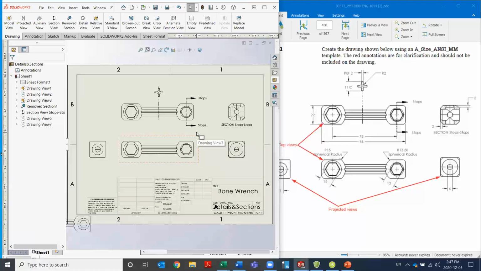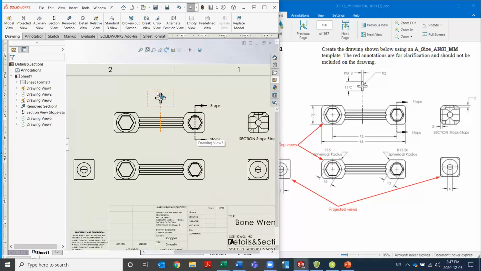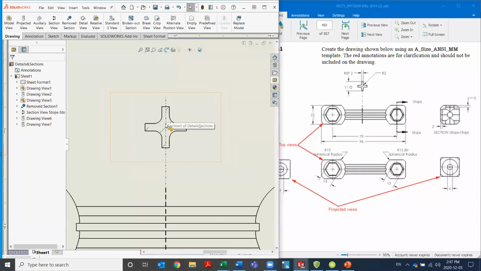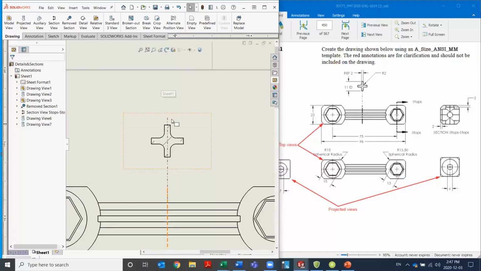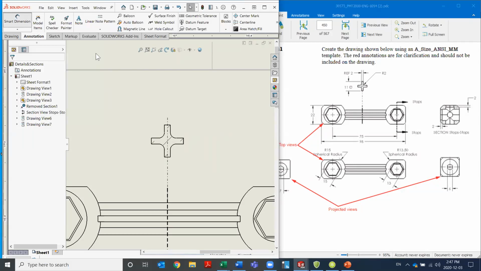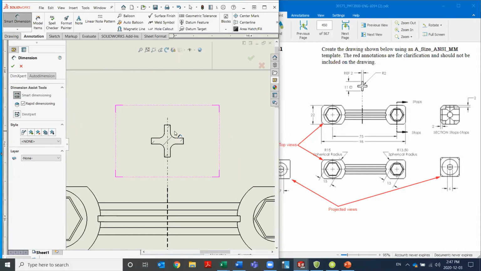What I'm going to do now is add in those dimensions. And I'll focus in on kind of one area at a time for these just to make my life a little easier. The further you zoom out, some of these close lines will get really close together. Actually, in the drawing, you can see that how they look like one thick line. If you simply zoom in, those lines are going to spread out a little bit and you'll see those. So I'm going to go in and I'll go to annotations and we'll just grab dimension. I'm just going to add smart dimensions to these. So I want to go from this line to, let's grab this line,